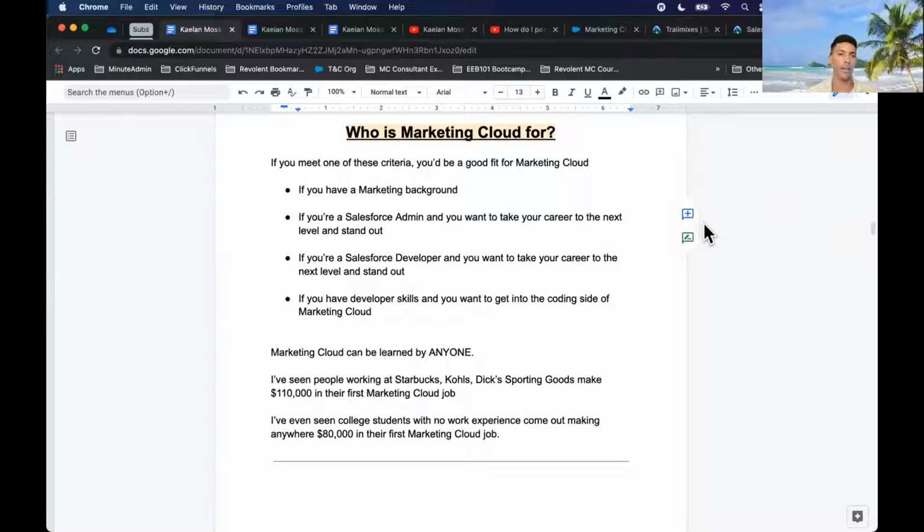Also, I just want to talk about who Marketing Cloud is for, which I kind of talked about in the last bullet here. But Marketing Cloud is literally, and I say this in the most respectful way possible, for anybody. I could literally train anybody to learn Marketing Cloud.